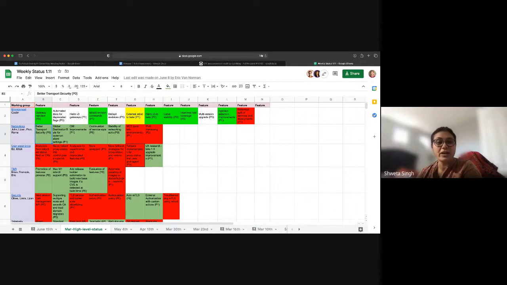Normally I used to change color based on every week, and all the dark greens are the ones which are done. Environment is the only one I don't have a good status on. They were in progress, so the lighter green means they were in progress up until the last minute. But I do not have the exact status of the environment at the end of 1.10. What was the update?